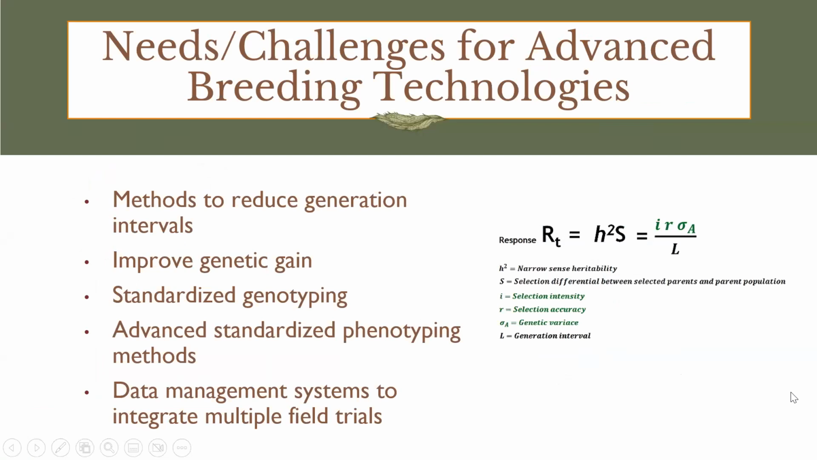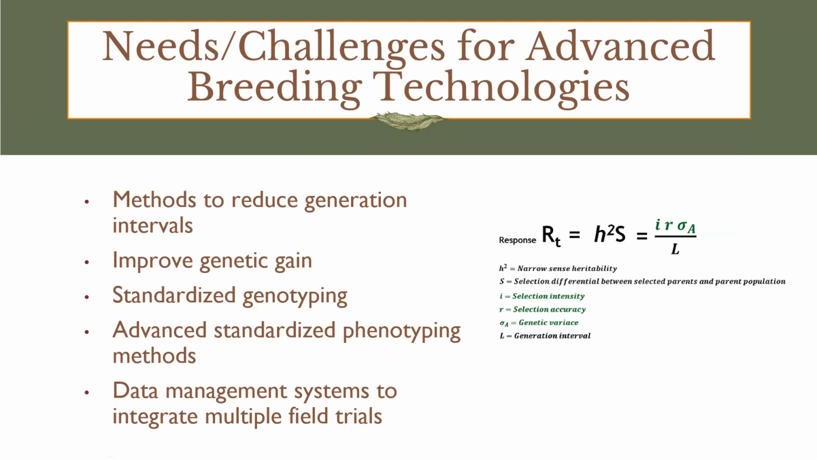So that really gets us to thinking about what the needs and the challenges are for our advanced programs. And what we're interested in is how can we use some of these advanced breeding technologies in our public cotton breeding programs. So everyone as breeders are probably familiar with the breeder's equation. And what we need to do is think about ways that we can adjust that equation to our benefit to